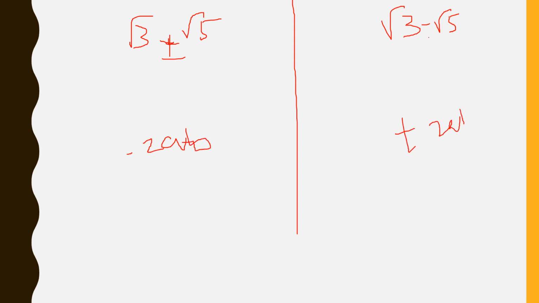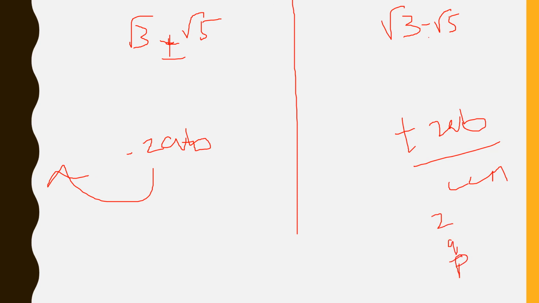Here there is no need of sending this one to the other side, but here you should send it to the other side. Other than this, the other steps are the same. First you should take the LCM, next you should send the 2, next you should send p by q, and it will be in q by p form.